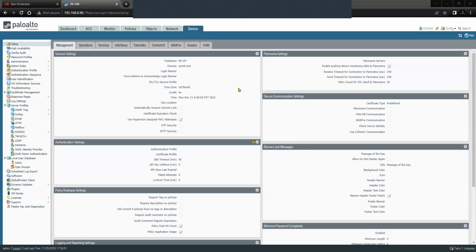Today we'll see how to configure a TACACS Plus profile on a PaloAlto Firewall, and how you can use the TACACS Plus user base to authenticate yourself on the PaloAlto Firewall. For an example,